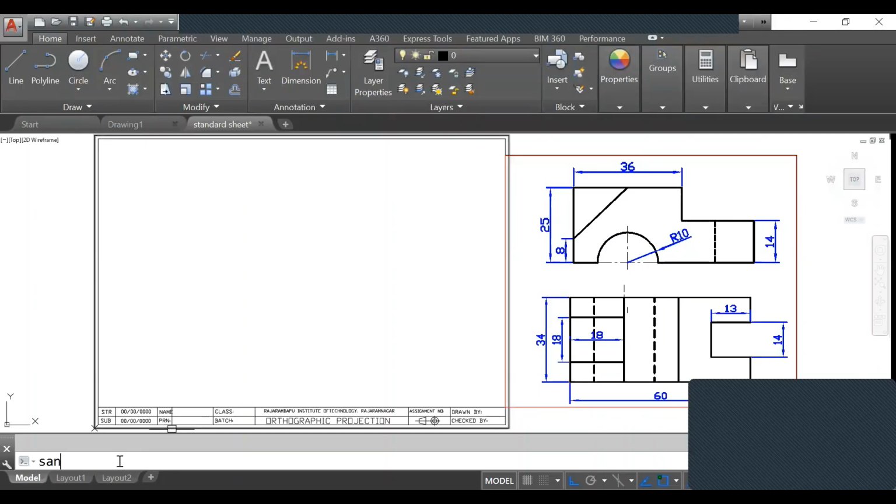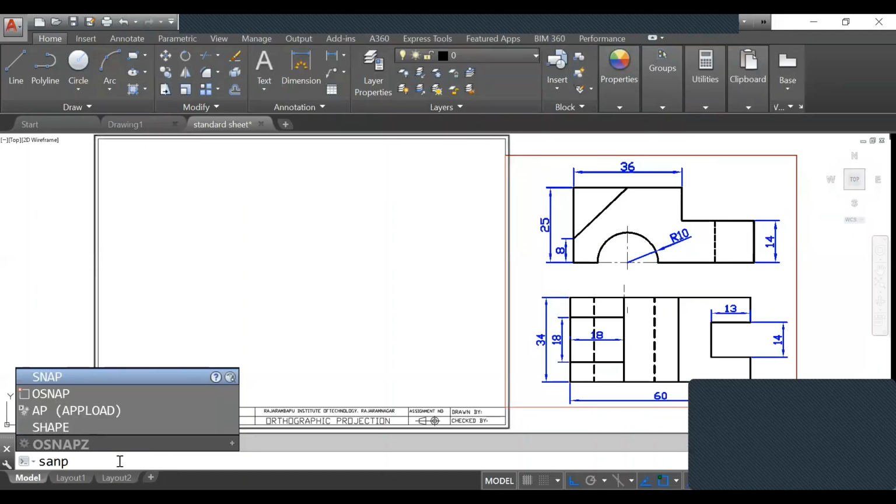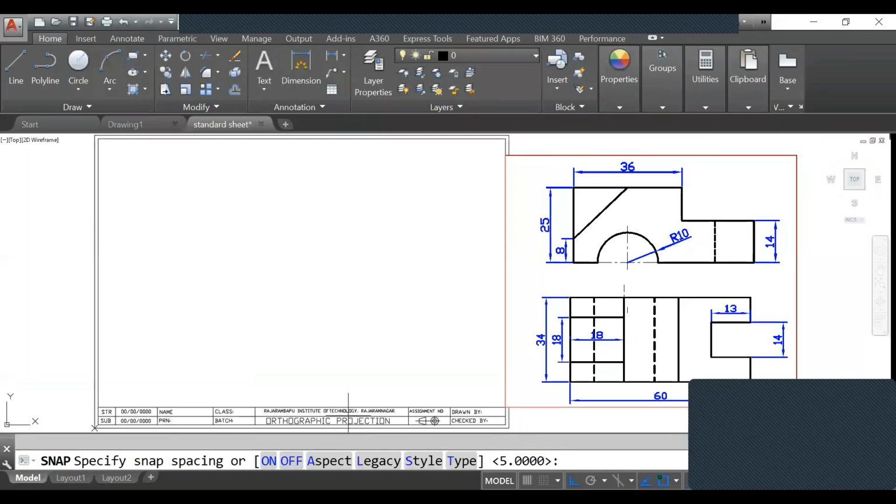So snap is there, snap. Then put it there, style, isometric. Then 5, enter, and do not forget to turn off this snap mode here. Now after that,